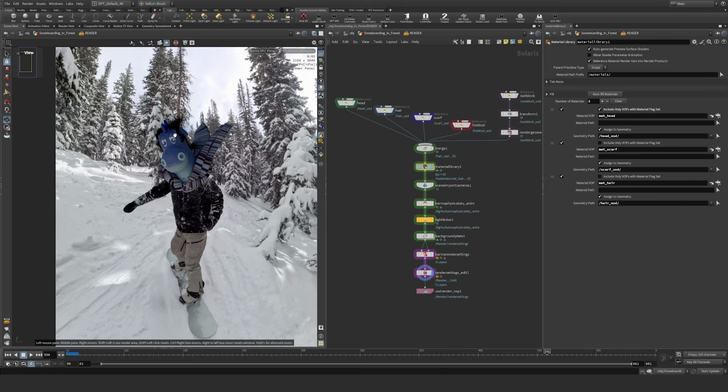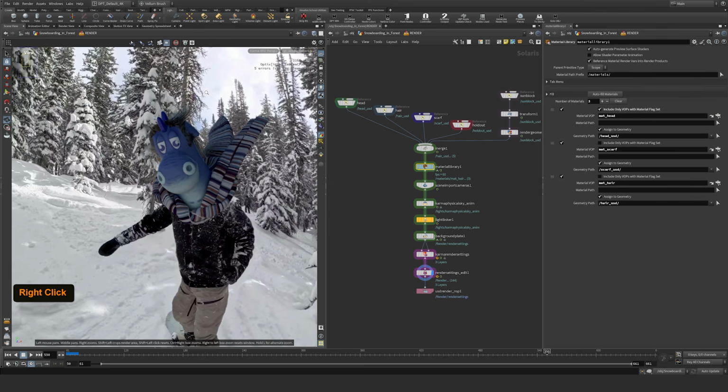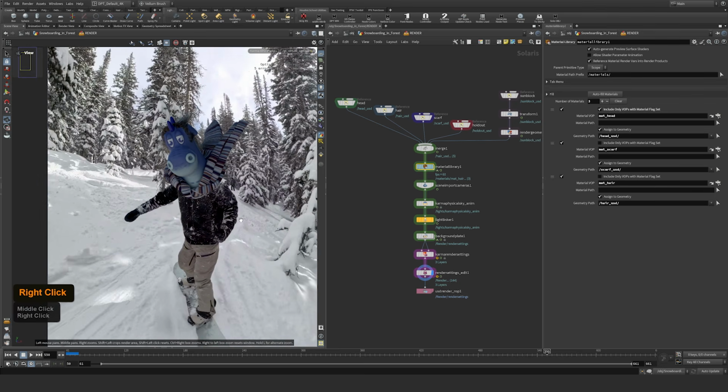Every so often, as I'm scrubbing through here, the hair tends to lose its actual shader. It's a weird little Solaris bug. If you turn off and turn back on, usually it'll fix itself. Yep. So this is how we got the skier